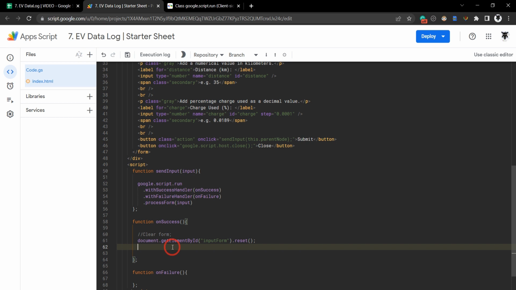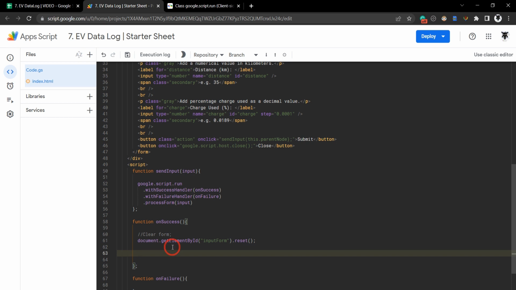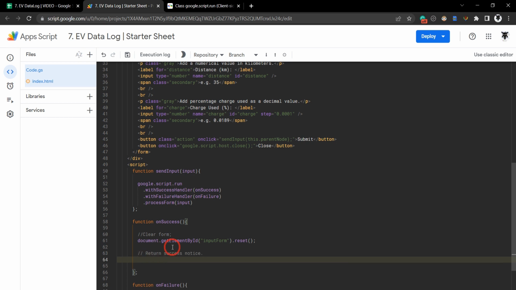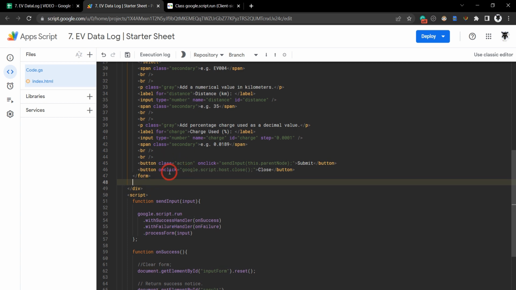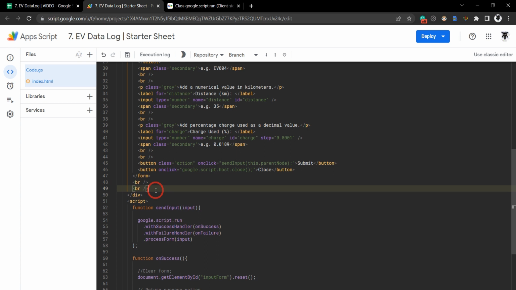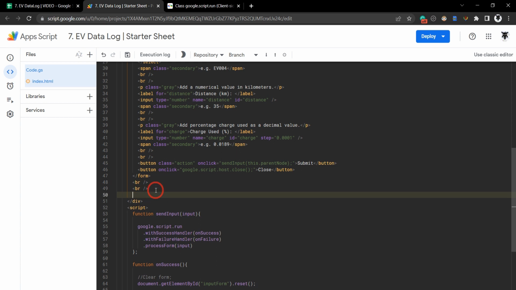Okay, so the next thing we need to do is to return a success notice. Here again we need to get an element by ID, so document.getElementById, and this element is going to be a new div, and we'll give that new div an ID result. So we've got our main container div, and just below our form, we'll give ourselves a couple of breaks. And just Shift Alt and down to make a second one, and then hit enter, and we will create a div